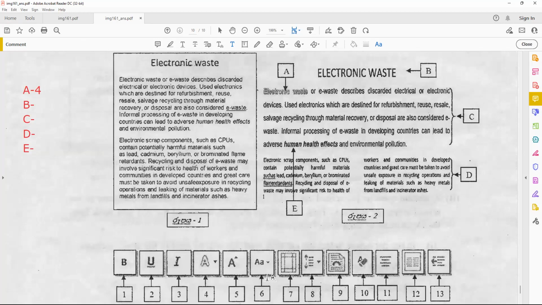So make a note of this one. So the B should be 6. It changes this to capital, or you can even change it to simple if you want, using change case. So this is the symbol that we need to use to change from this to this.